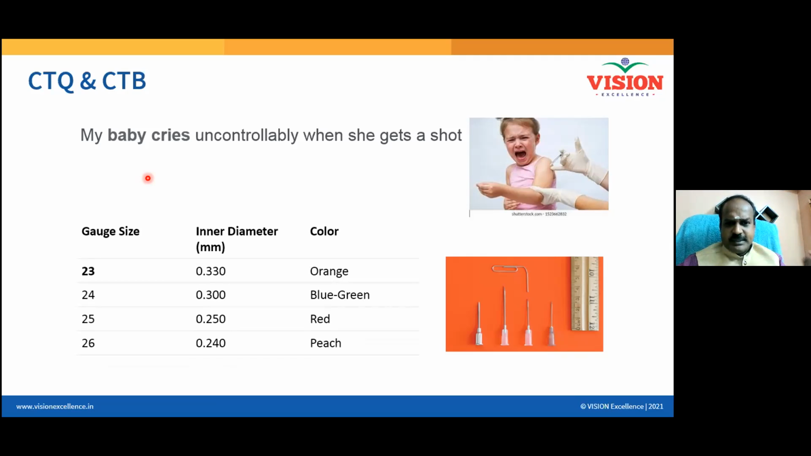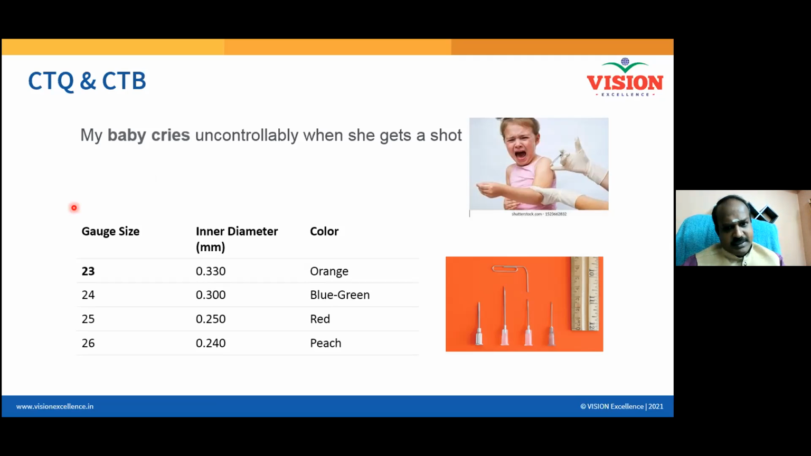Inner diameter is how much? 0.33. And so outer diameter will be how much? Maybe 0.35 or 0.37. Isn't it? And so if the outer diameter is 0.35, inner diameter is 0.33, then what is the thickness? 0.02. So now it is the diameter, the outer diameter, let's say 0.35, which is causing pain to the child